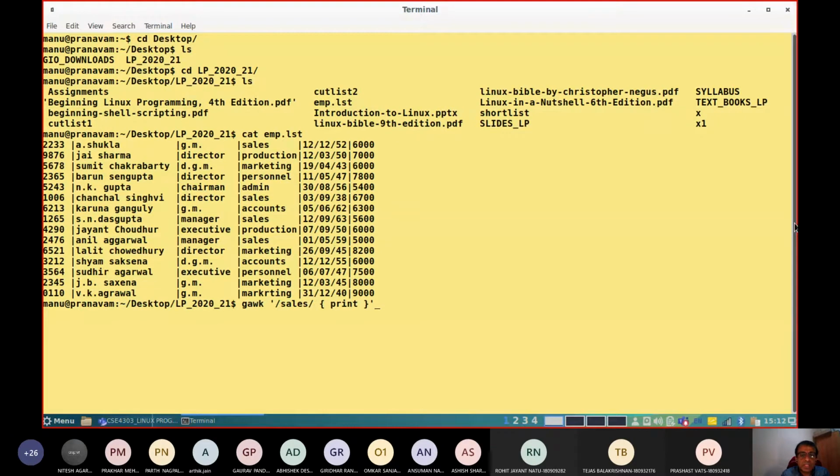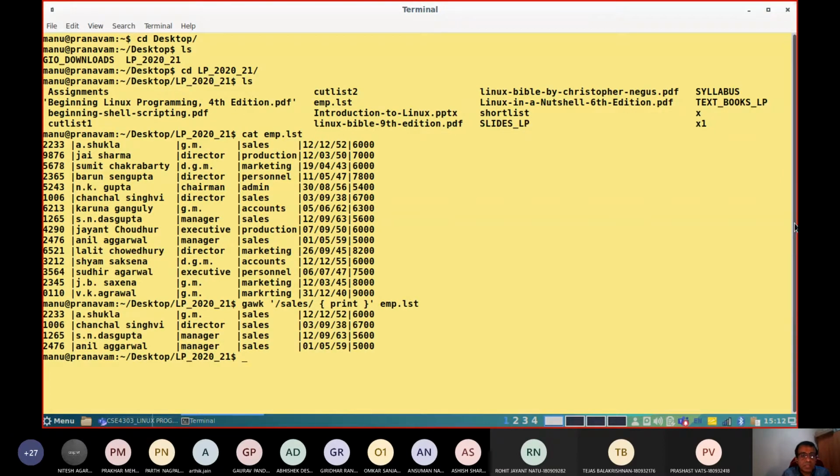Then the input file. You are searching for the string sales, and all the lines which contain sales are printed. The input file is our text file, emp.lst. Then you get the output like this from the given input file: all the staff belonging to the sales department and their details.